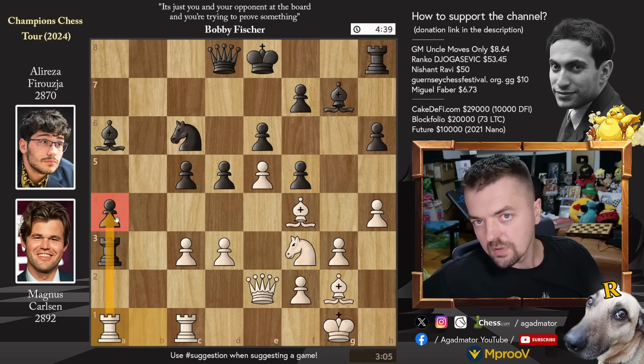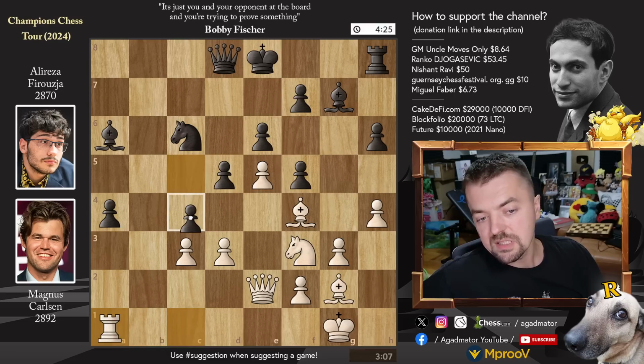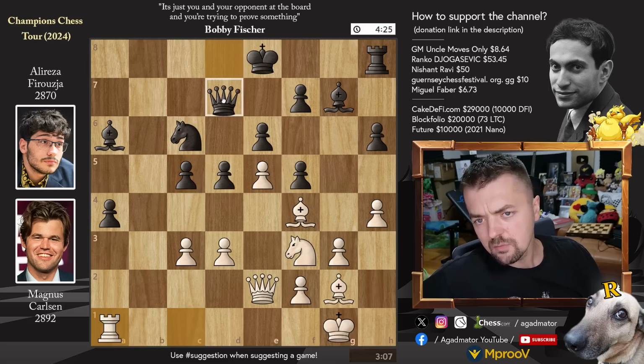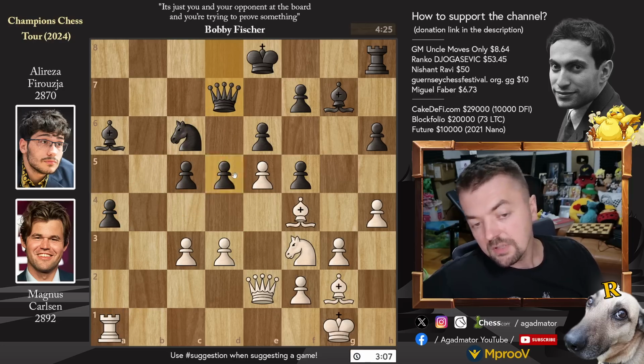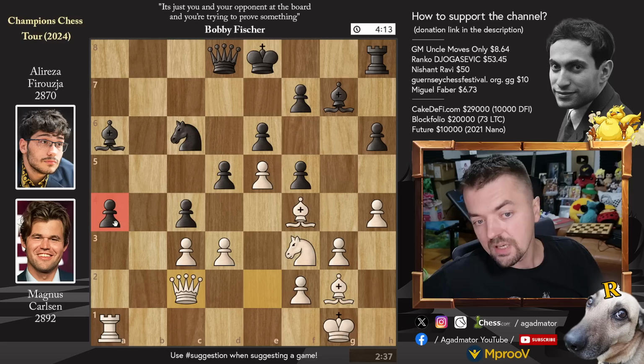He will try to win back the a4 pawn now. Alireza captures on a1 and now plays pawn to c4. The real trick here is queen to d7. And you cannot capture on a4 because then you have all sorts of knight to d4 trickery. But Alireza misses it. He just plays pawn to c4, and Magnus goes to collect the pawn on a4, sidestepping